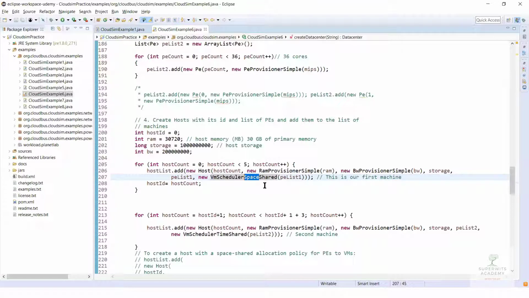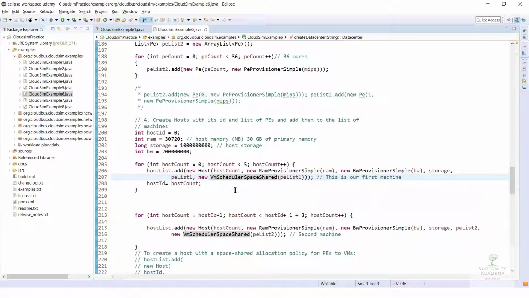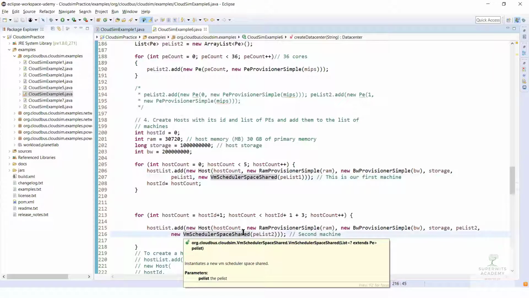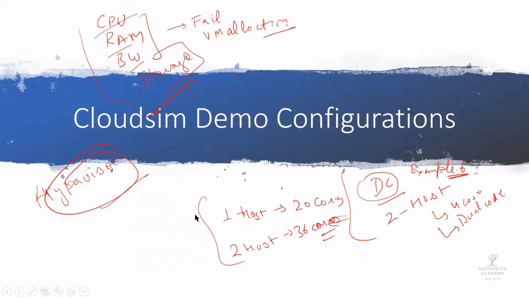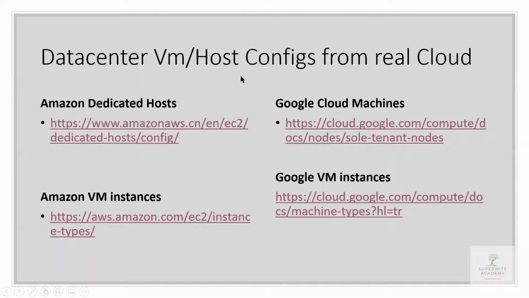So there will be some failure of the virtual machine if we create more, based on any of the parameters considered for the space shared allocations or space shared scheduling of the system, right? So this is what is there in terms of your configurations for the data center and the virtual machine configurations, right?